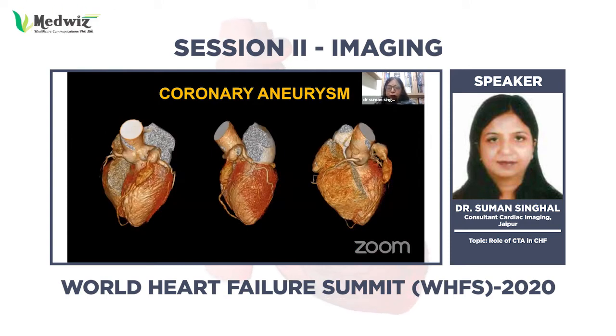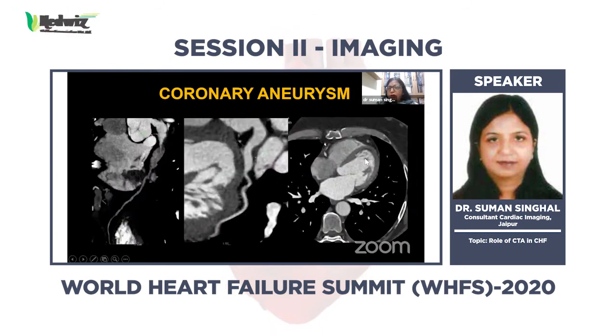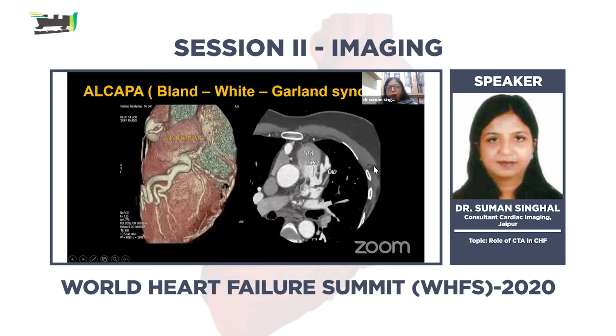CT is again very helpful in looking at the anatomical details. It has a very high spatial resolution. This was a patient of heart failure who had undergone PCI earlier. And when we did the CT, we could see these two aneurysms, which are seen very well here with the area of short segment narrowing in between. When we saw the images later, we could see this subendocardial hypodensity. So this was consistent with the ischemia the patient was undergoing. So along with the anatomical images, we could see even the area of ischemia in the myocardium as well.